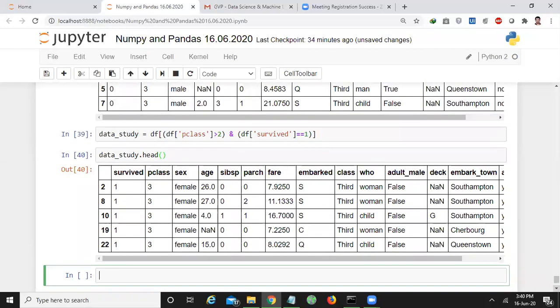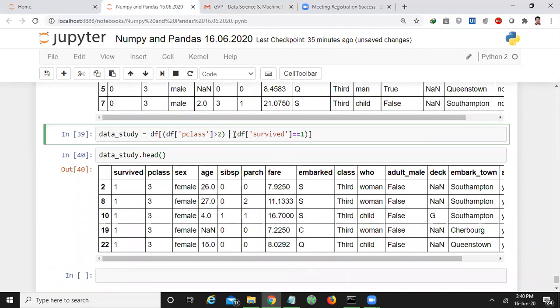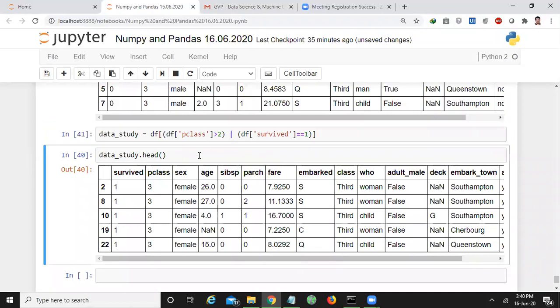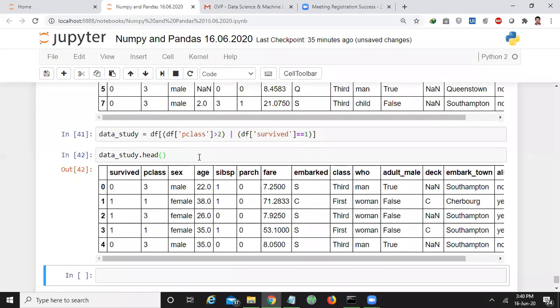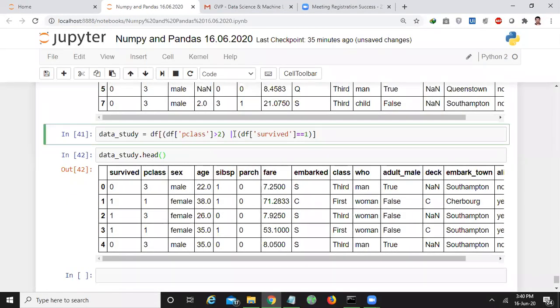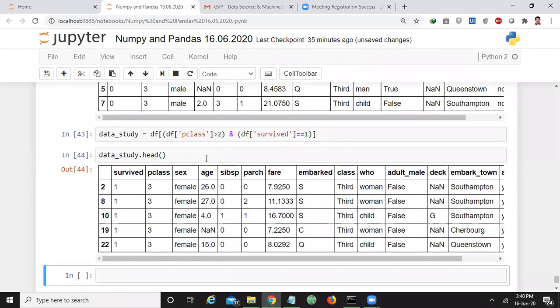That means you can perform multiple conditions also. So if you want to perform OR, we'll get details like this. If you want to give the OR symbol, you can give it like this. Or the AND symbol, you can give it like this. This is bitwise, not logical.